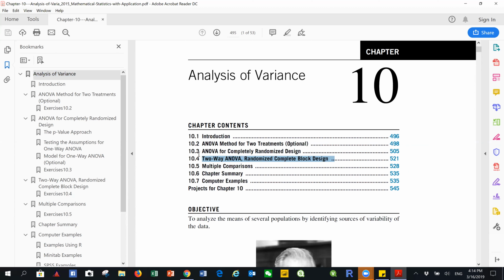But it doesn't tell you the rank, the order. Who is greater, who is the largest mean, who is the smallest mean. So you need to use it in conjunction with the